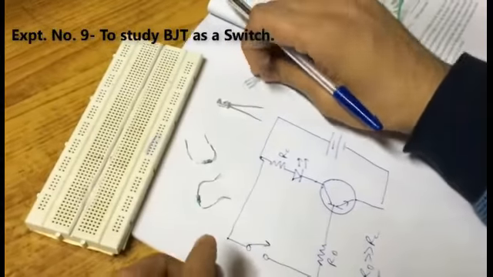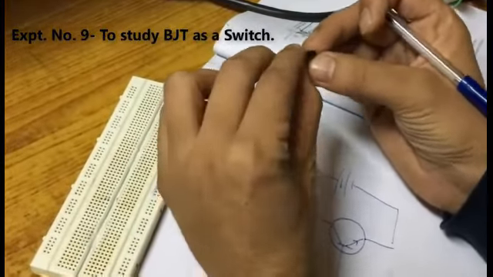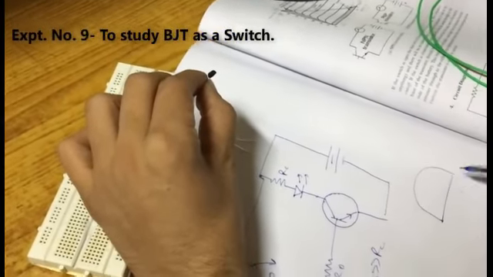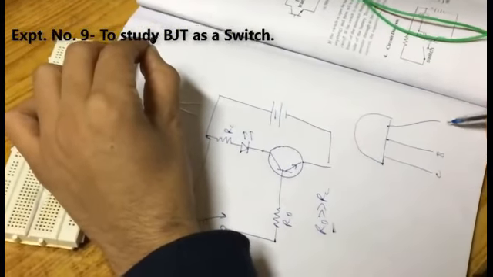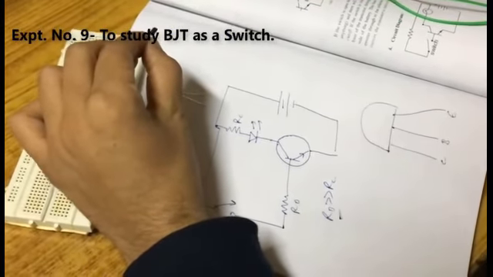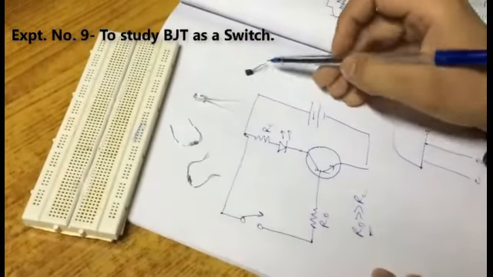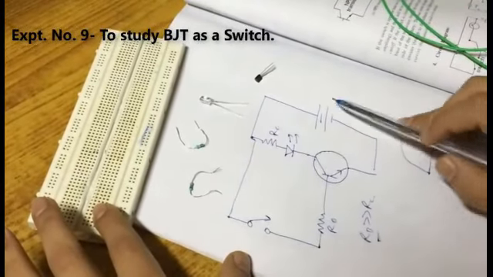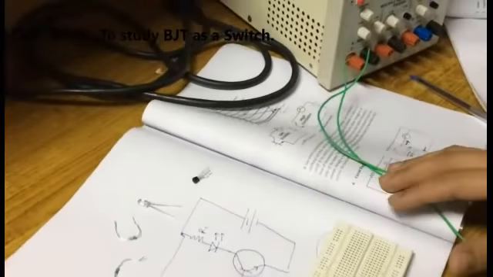This is one transistor. In the transistor you can see a flat surface, and its shape is like this. This one is the collector, this one is the base, this one is the emitter. So you have the transistor, LED, two resistances, and a battery source. You can keep this battery at minimum first.